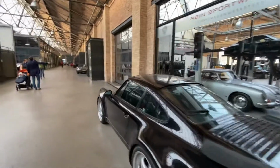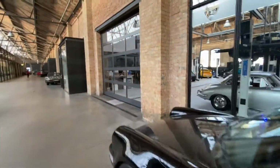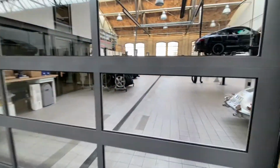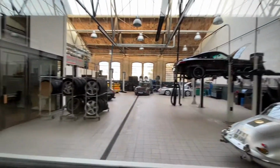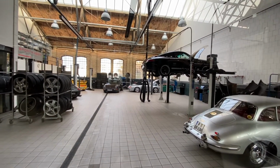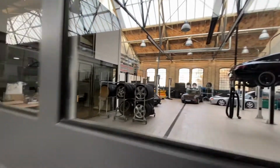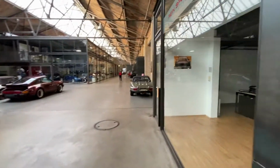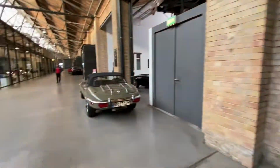Vine Sportwagen, Porsche Specialist. Oh, that's a pretty straightforward workshop. I don't think they do restorations, just service and repair. Next we have, this is his office, or the head office,